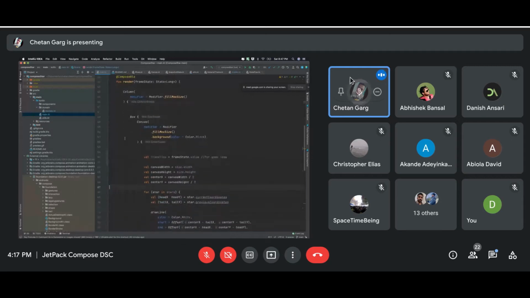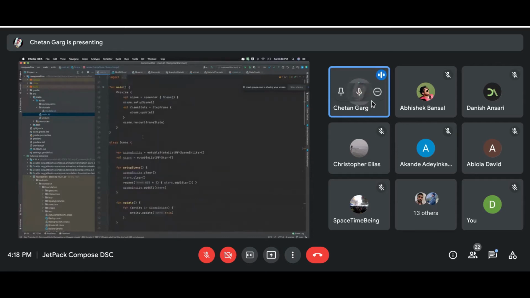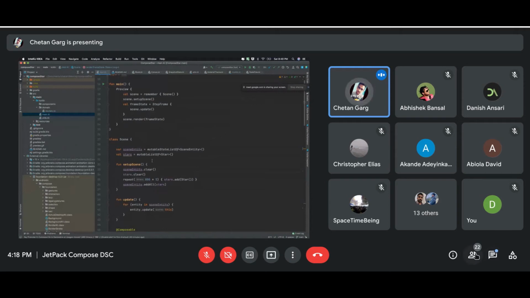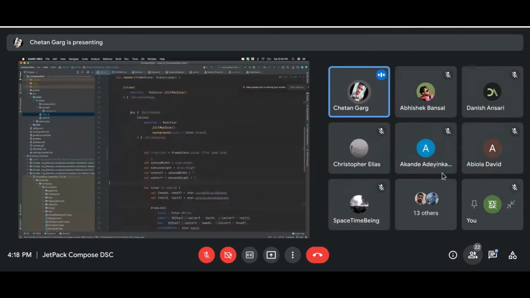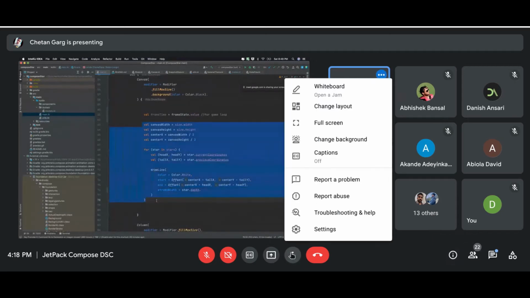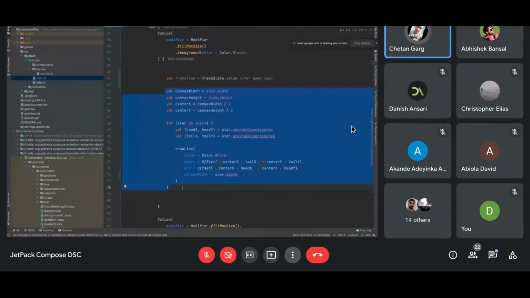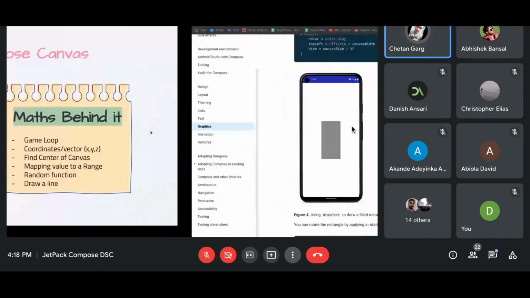Okay, so I will go through how I draw the stuff, and then how I have updated the stuff. I will tell how I have refreshed the frame later, right? The game loop I will tell you later how I have created it. So if you just focus, this is the only code which I use to draw that many lines onto the screen, right? This is the only thing given by the Compose API to enable me to draw a line, right? But there are so many lines on the screen, right? You can see that. So how am I achieving that?